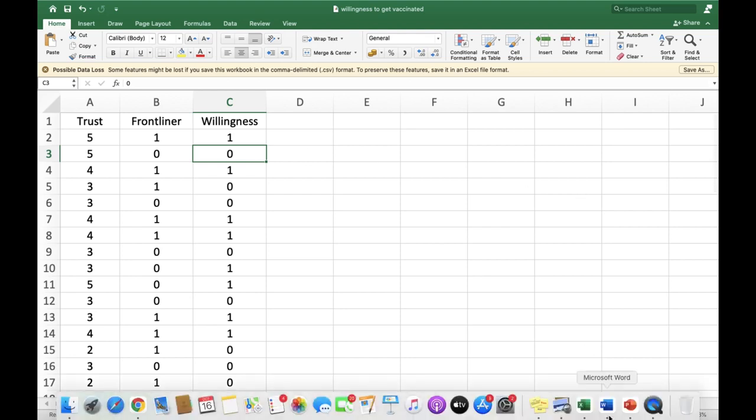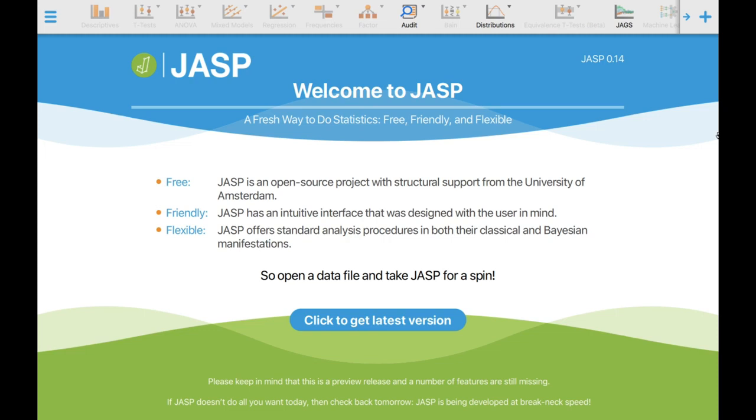So we are going to run the data using the Jasp software. This is the welcome home screen of the Jasp software. This is an open source project with structural support from the University of Amsterdam. The newest version of the software as of this time is Jasp 0.14. Remember that the software cannot successfully import as of this time an Excel file type, so please save your data